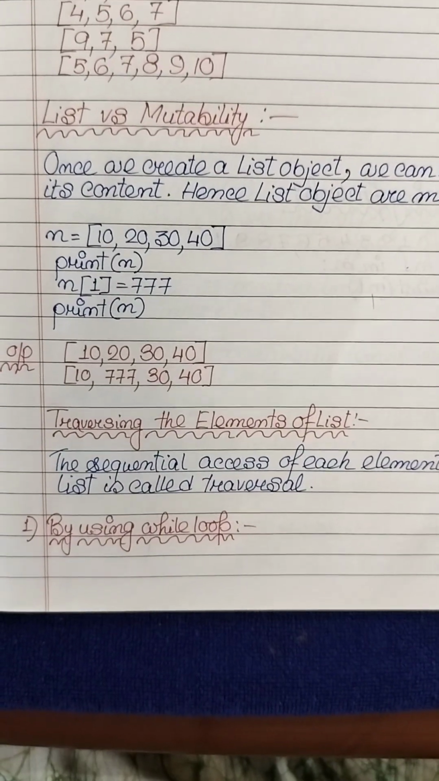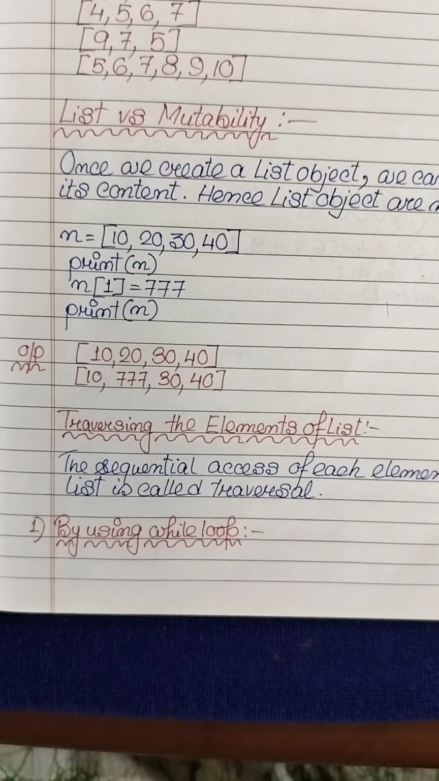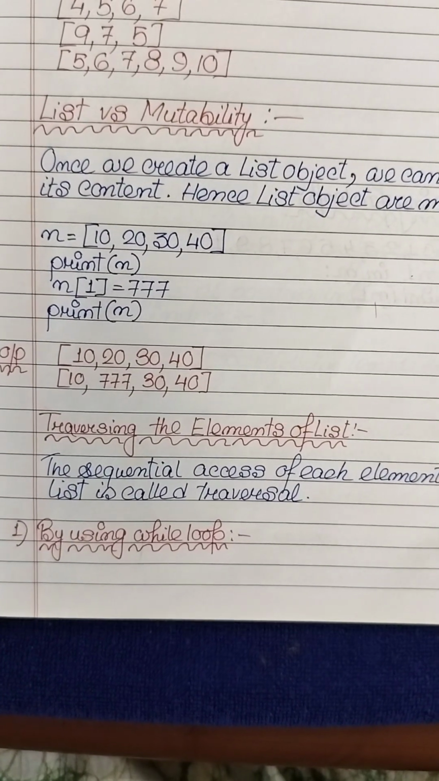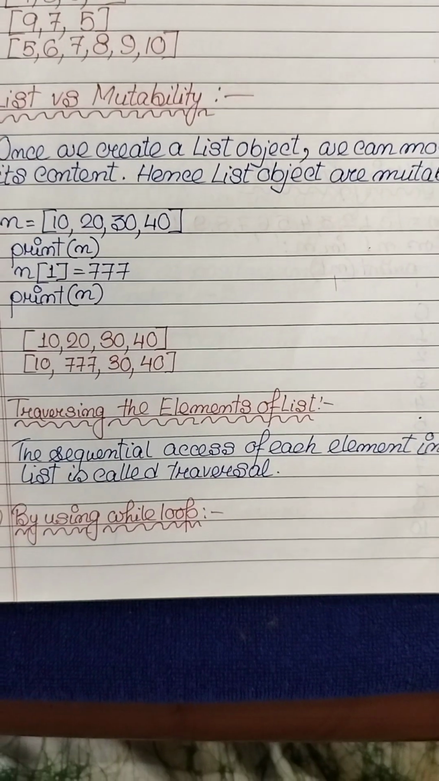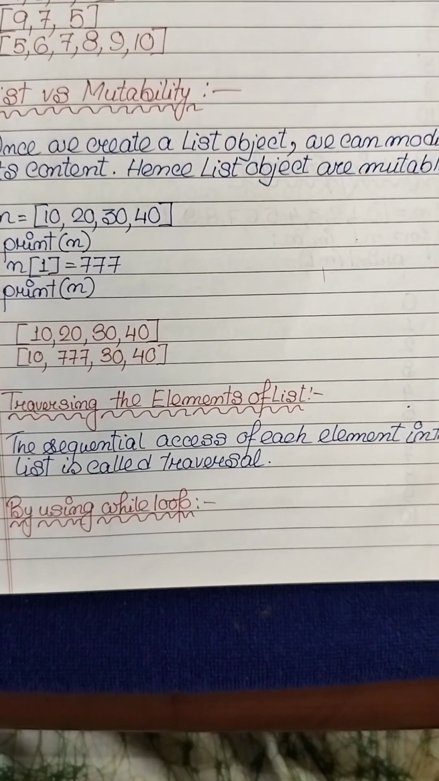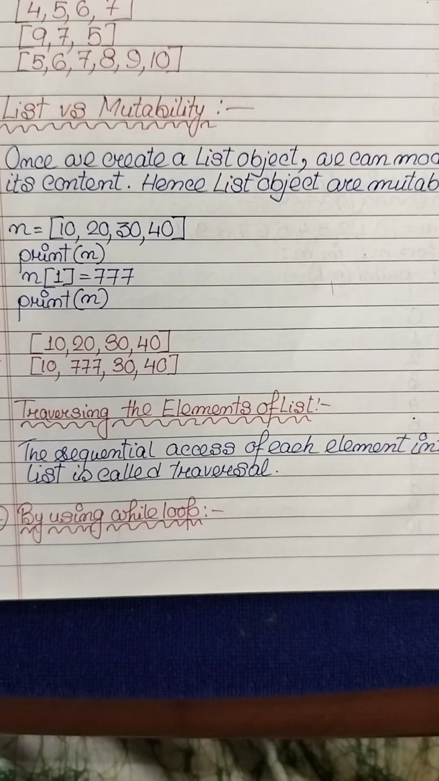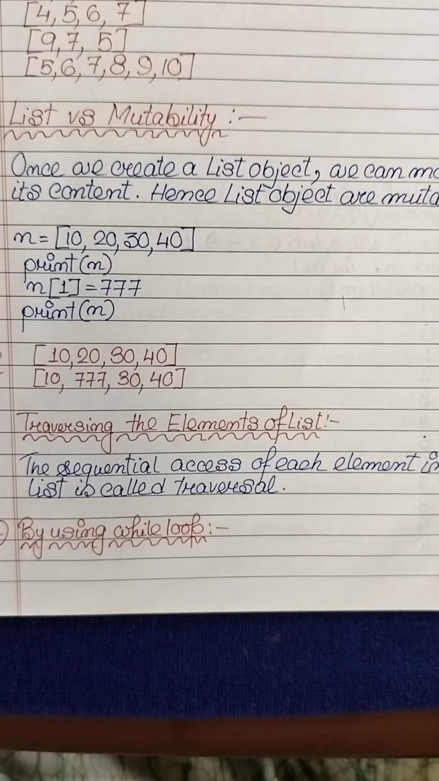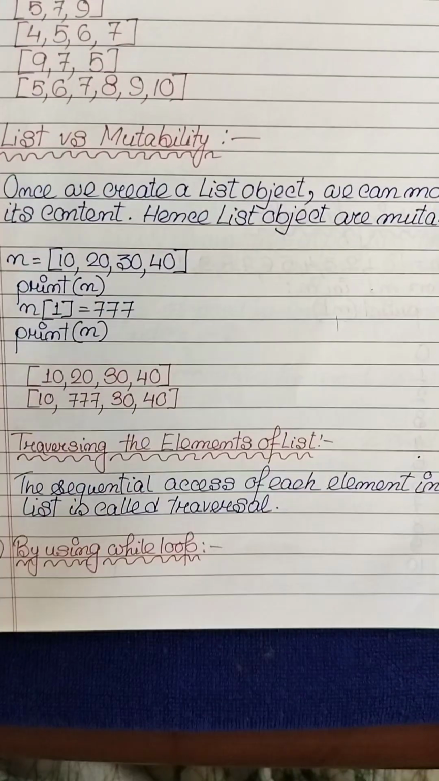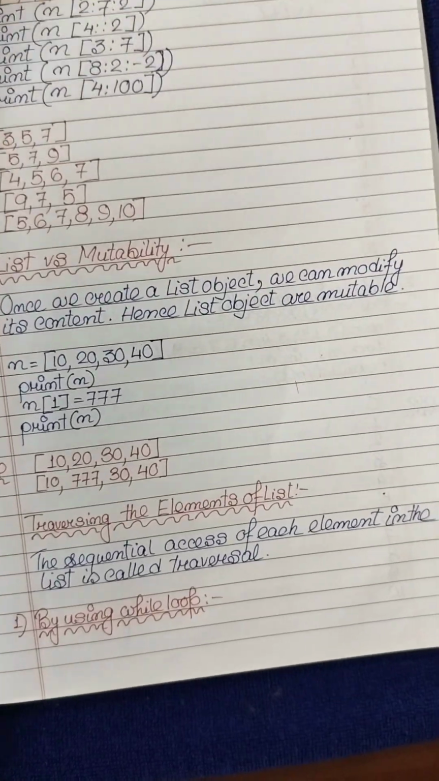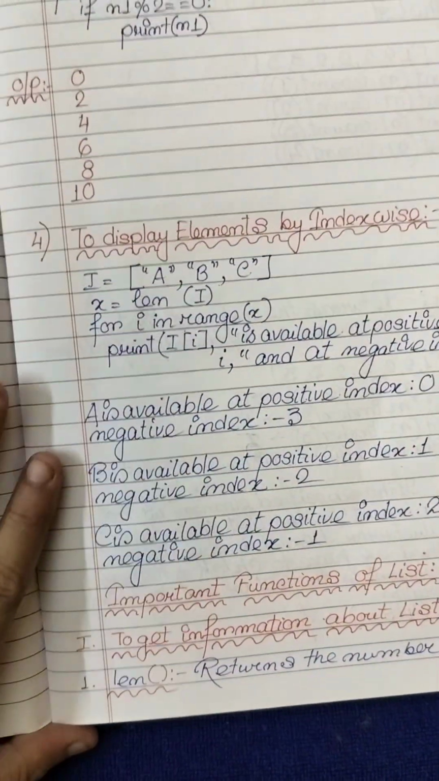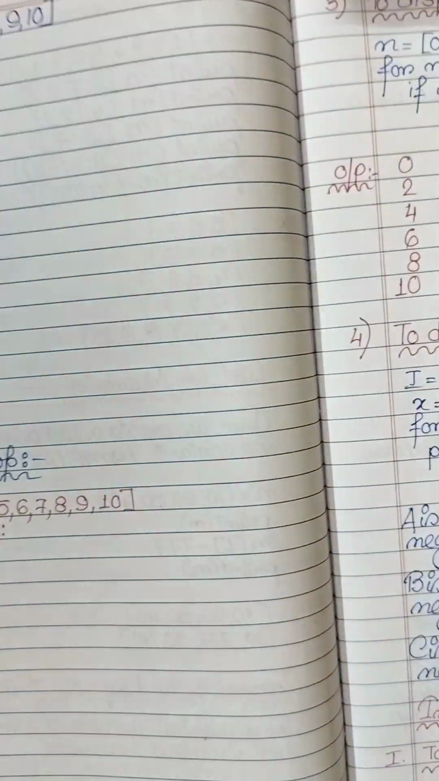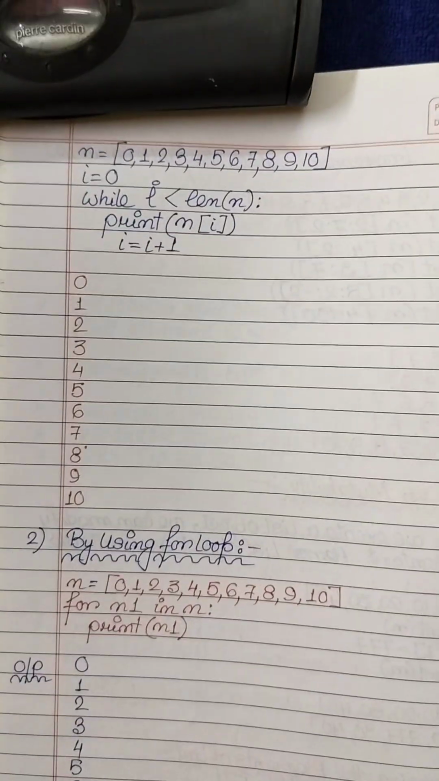And my second topic is traversing the elements of a list. The sequential access of each element in the list is called traversal. We can do it by using a while loop. Okay, so the example will be like this: